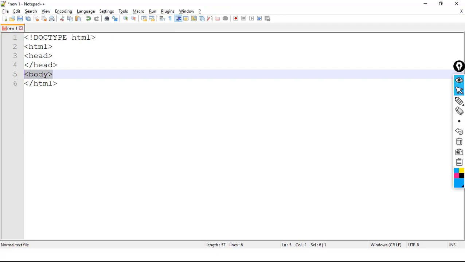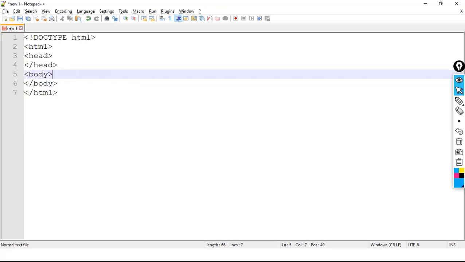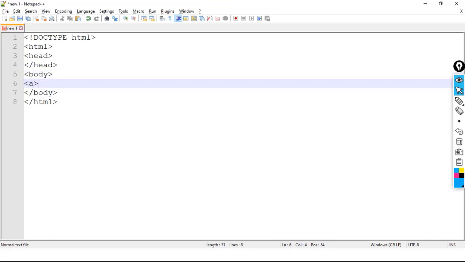In the body we have our opening anchor tag, then closing anchor tag, and in the anchor tag we have the href attribute, and here we will write our value. But before writing our value, we will write the name of the link: Execute the link as JavaScript code.